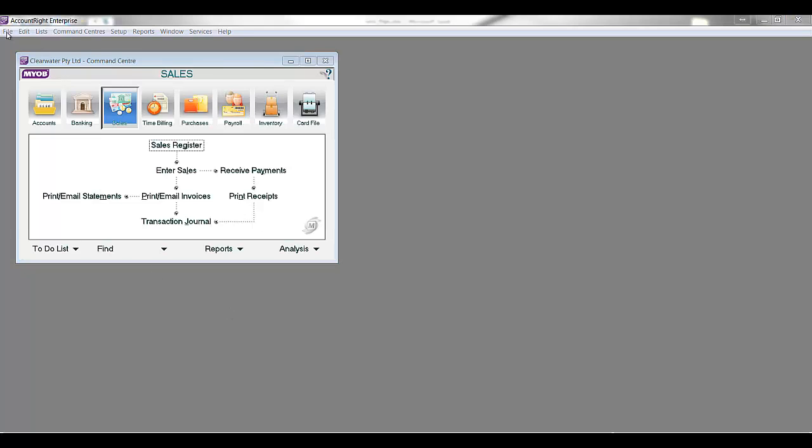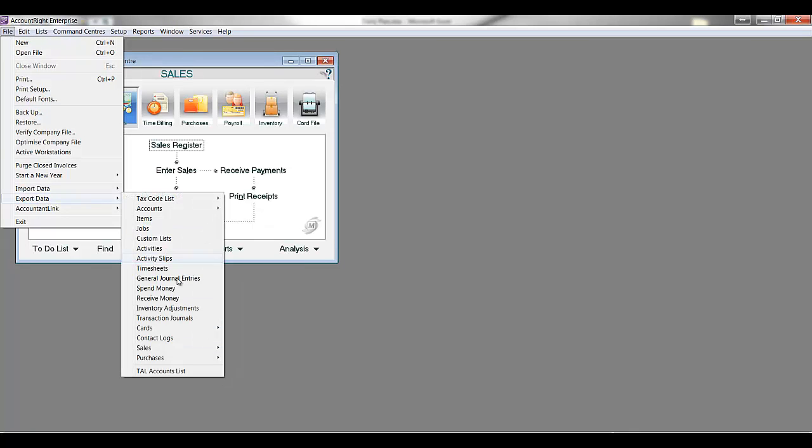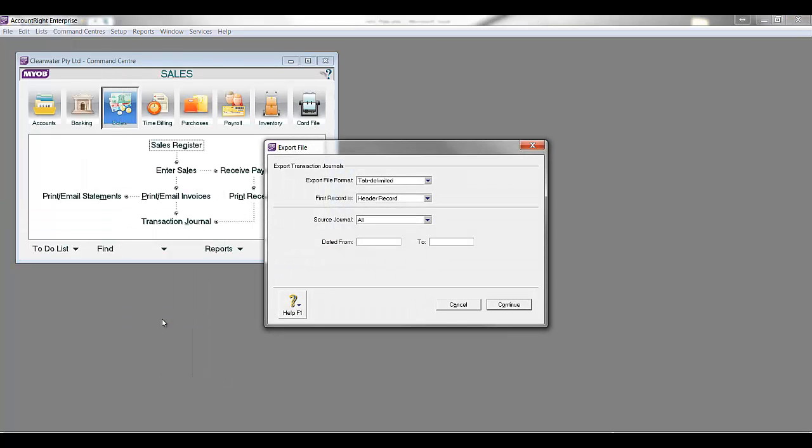To do this, you go to your file menu, Export Data, and Transaction Journals. From this, you've got to make sure you choose Tab Delimited as the file format, include your header record, and make sure you choose to include all journals. You need to include all journals because you want your general journals, your sales, your purchases, disbursements, receipts, and inventory